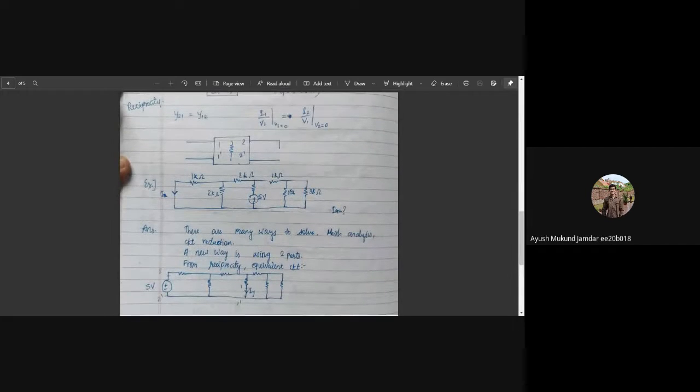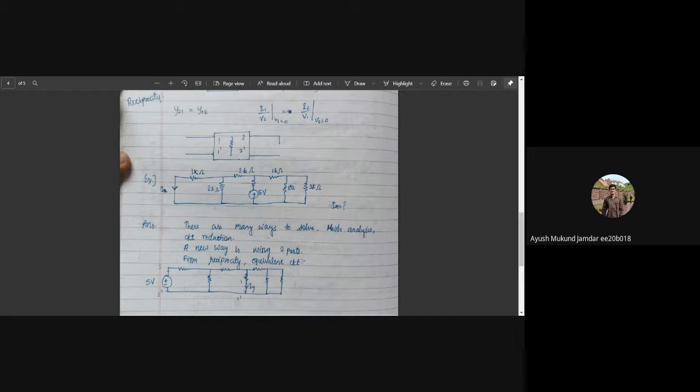So here we have this circuit where Ix is in the leftmost branch of the circuit. We have a 5-volt source, and the rest of it is some resistors and a network. We want to find Ix. How can this be done? There are many ways, of course: nodal analysis, circuit reduction, source transformation, and whatnot. But let's try to do it with what we just saw, that is, using two ports.